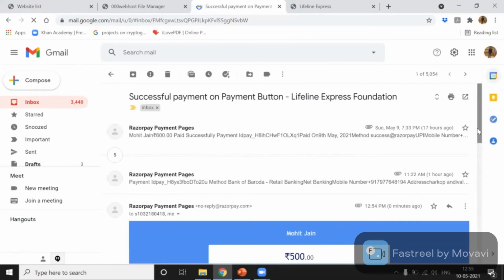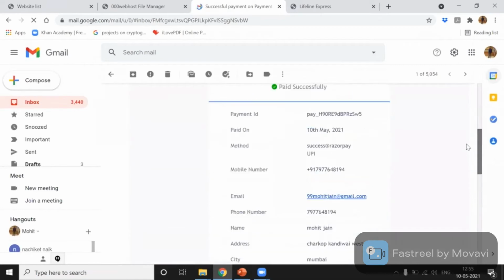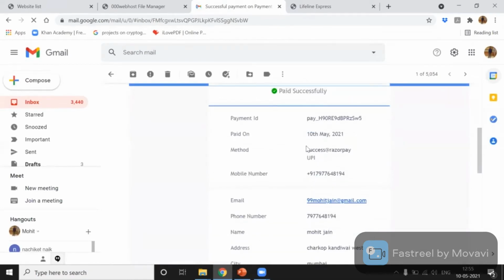So this is my invoice, and the method is shown over here that I have done using UPI.